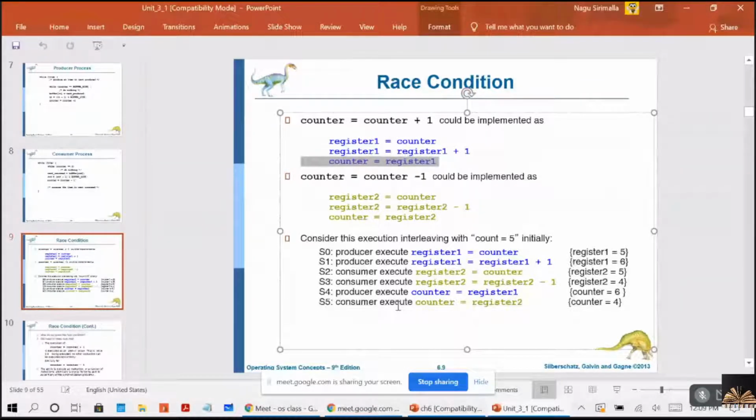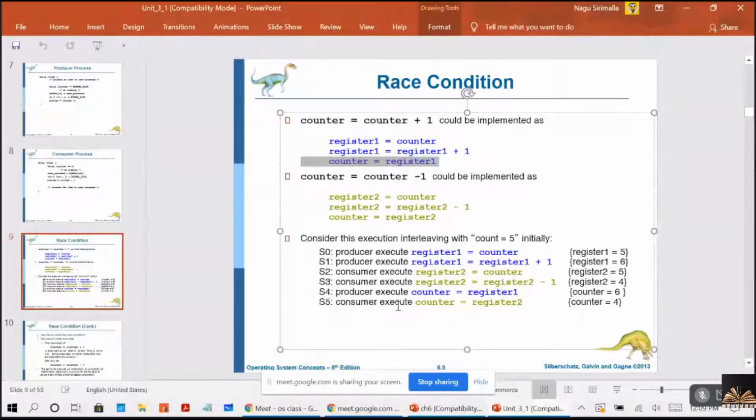So in the producer consumer problem, we have discussed the solution using the counter variable. The shared buffer is implemented as a circular array with in and out. We initialize the counter with 0. The counter is incremented every time we add a new item, and decremented each time we remove one item. So the buffer is empty when the counter is equal to 0 and full when the counter is equal to buffer size. Up to this it is clear, no?